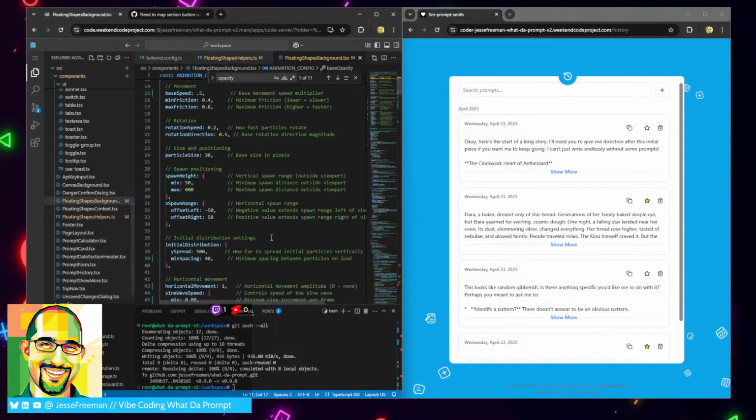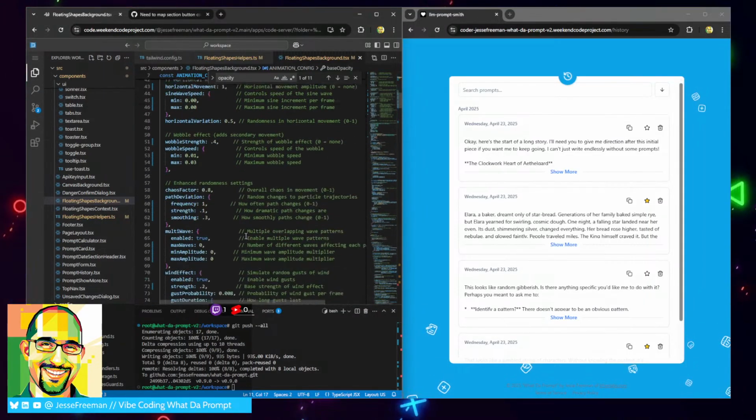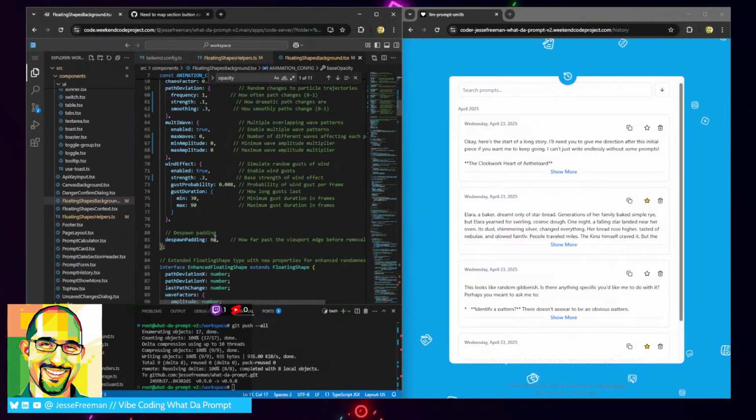I bet it's the off screen. Let's see if, as soon as it goes off screen, it will loop back around. Yeah, it's weird. I don't know. There's something in here that's